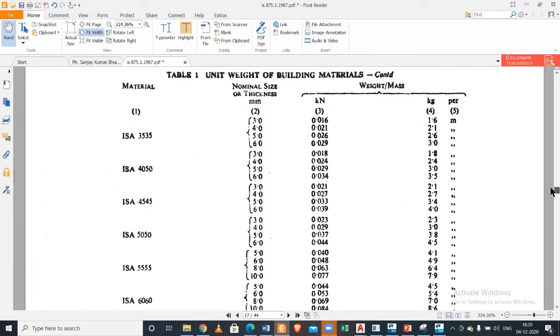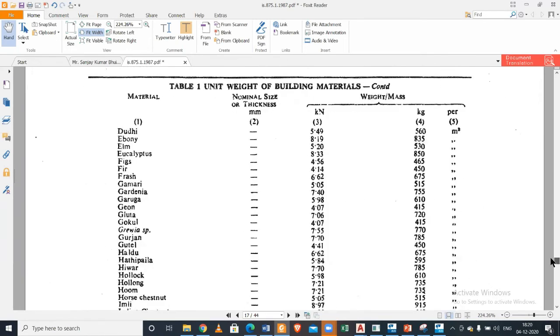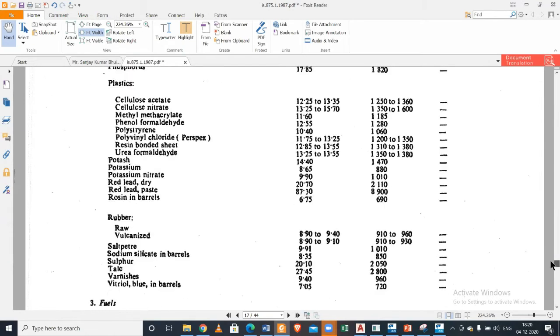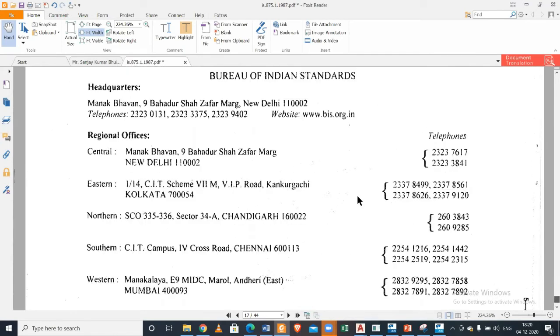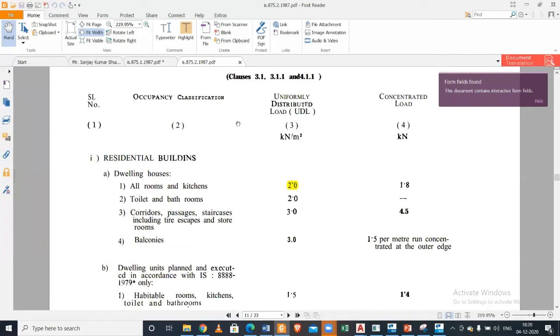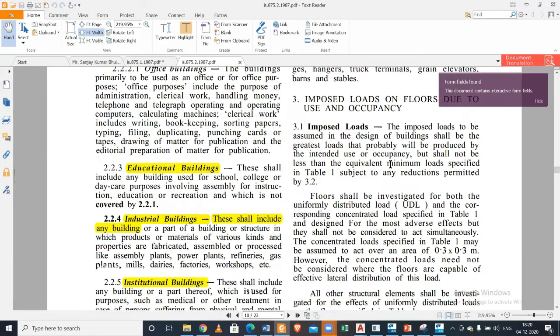Next you'll find for the steel section the nominal weights for the steel sections. That's all. It ends with all the unit weights of all the materials as per 875 part 1. So 875 part 2, if you go,